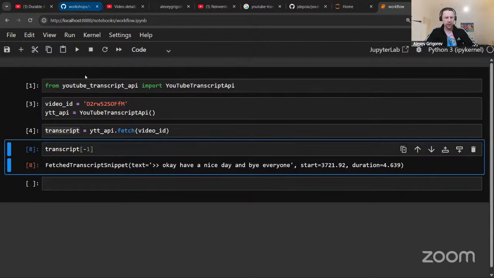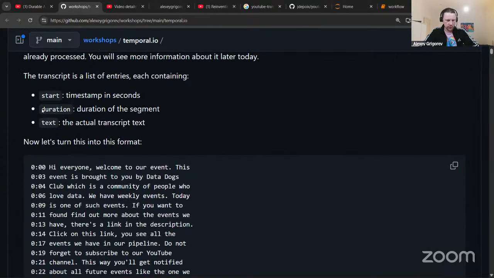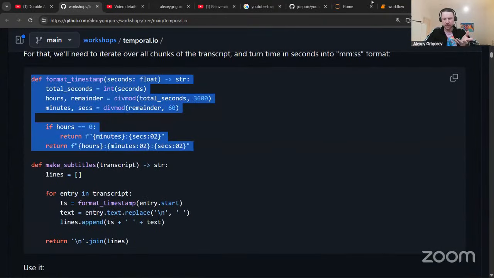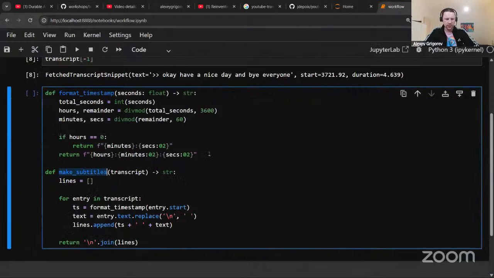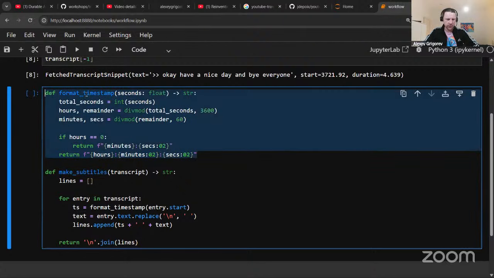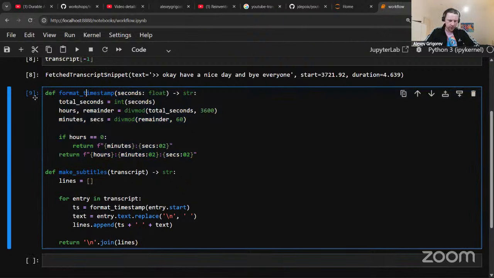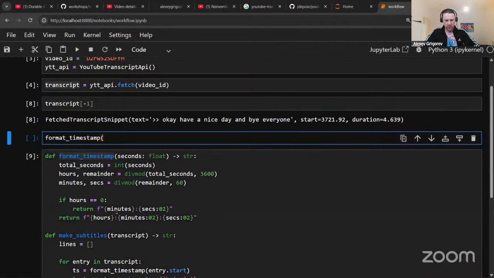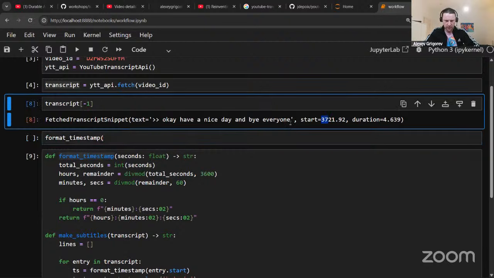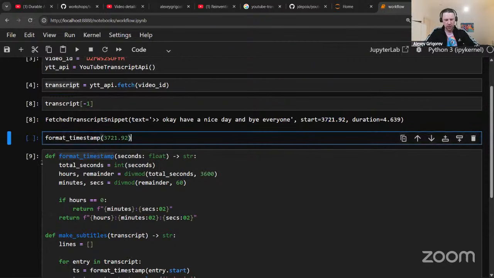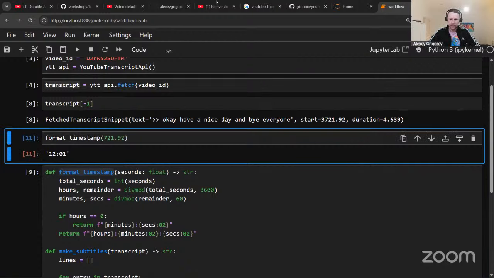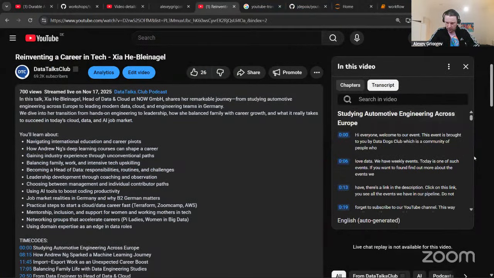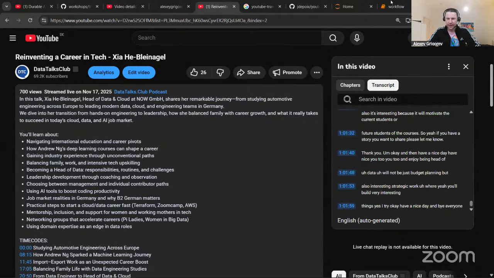I'm not going to implement this code now. So what I'm going to do is I'm just going to copy these things. So this is something I implemented before. So there are two functions. So first one, format timestamp. What it's doing, it can turn the number of seconds into this format, minutes, seconds, or hours, minutes, seconds. So for example, if I take this one, then it outputs this. If I take this one, it's 12 minutes, right? So we get the first part here, right? So yeah, the first part,